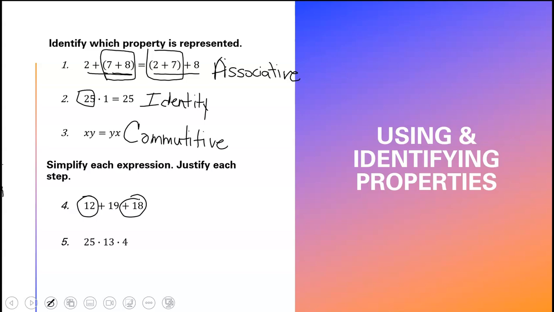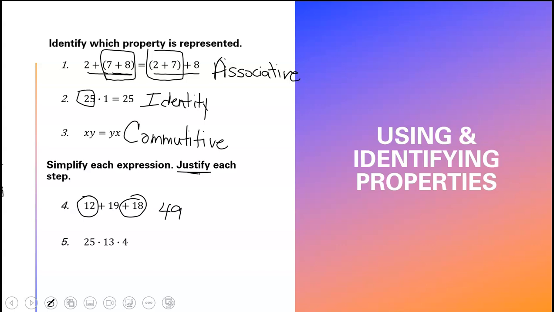into those quantities, then it's a lot easier. Okay, so what we're going to do in this one is we're going to do 12 plus 18 first, get 30, and then say 30 plus 19, well, 49. Okay, it's just a little easier on ourselves. Now, the justification of that,